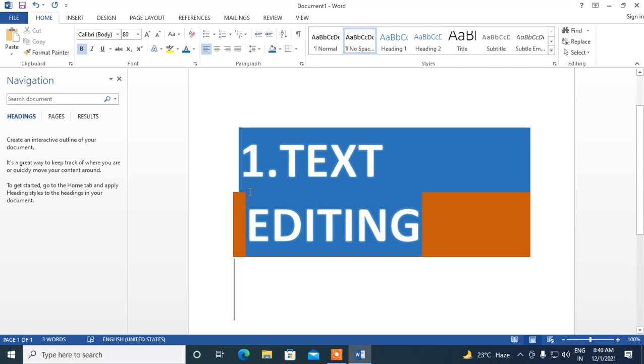Then I have already shown the various selections, like line selection. You move the pointer to the selection area, and it will change to the right pointer arrow, and you click once, and you can select the line. Even if it is one word, you can select. But if you double click on a word, that word will be selected. See, only the word is selected. So these things are there.